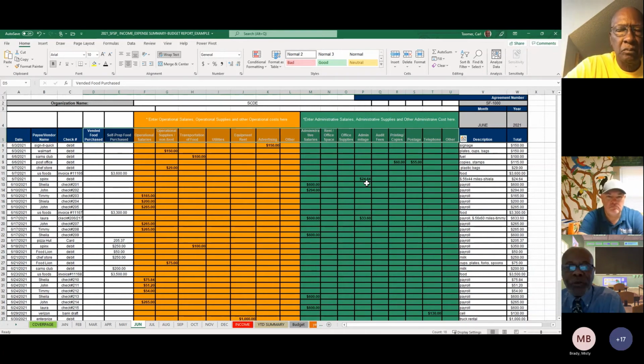Because if you don't mirror what you have on your budget, this form is not going to really do you any good, because your line items are going to be off. Okay.